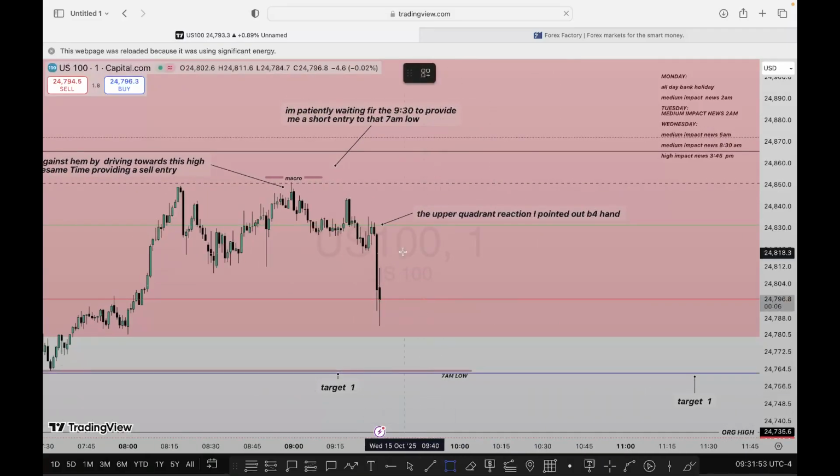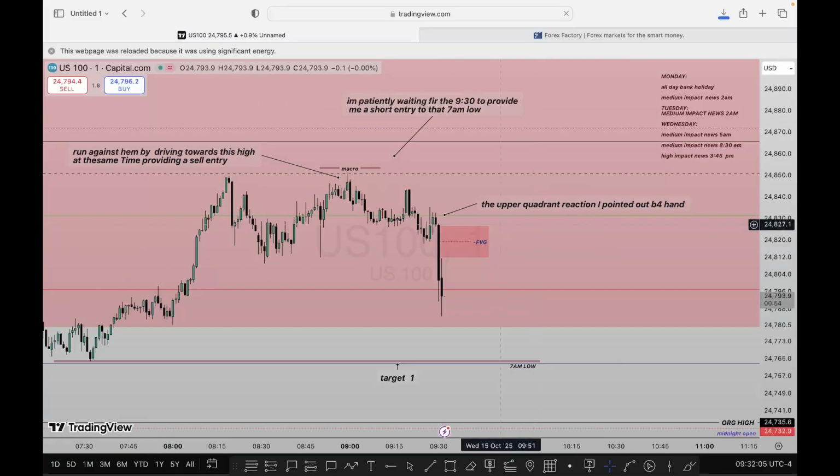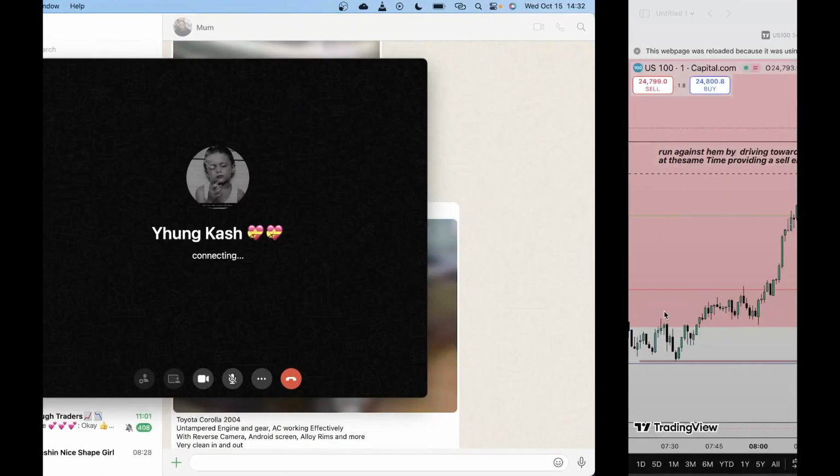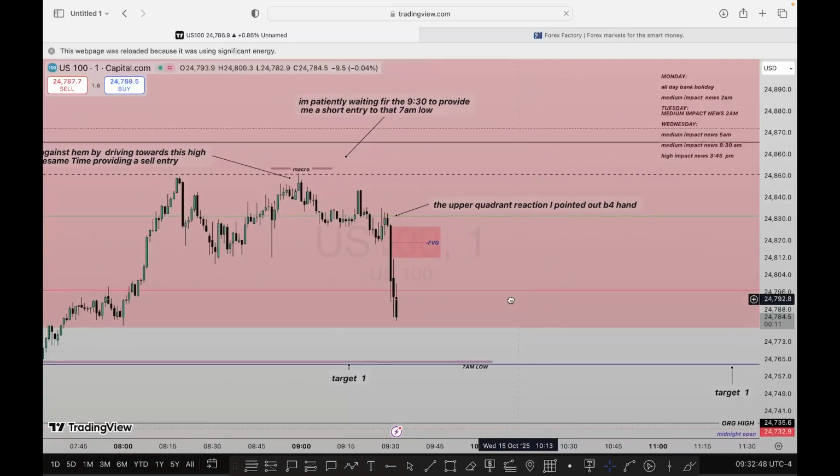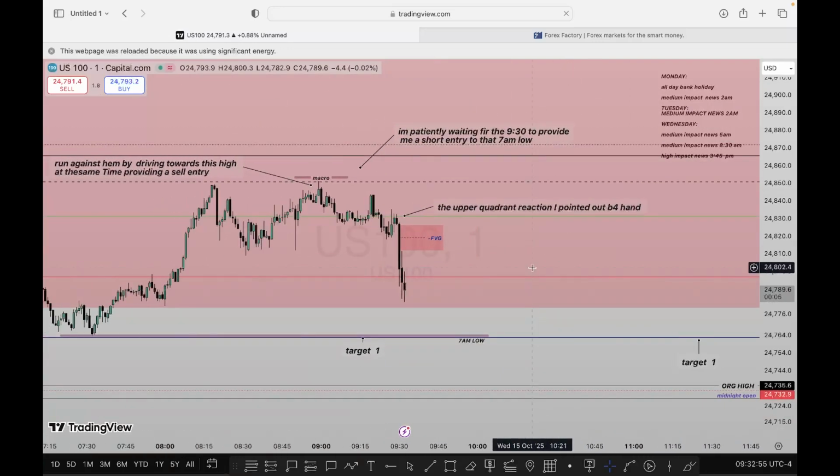So I just calmly drew out the FVG. If it taps into it, I sell. And it kept looking like it was going down. I wasn't even minding any of these things it was doing. I was just waiting for it to come back to that FVG, if I'm being honest. That was just what was in my mind.